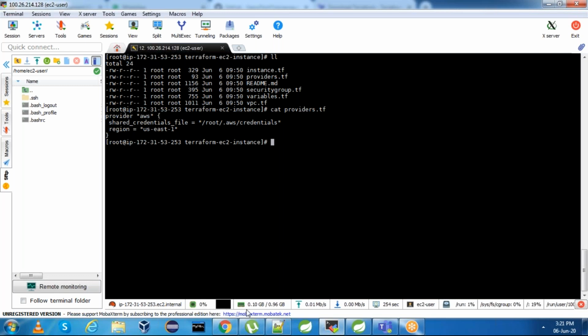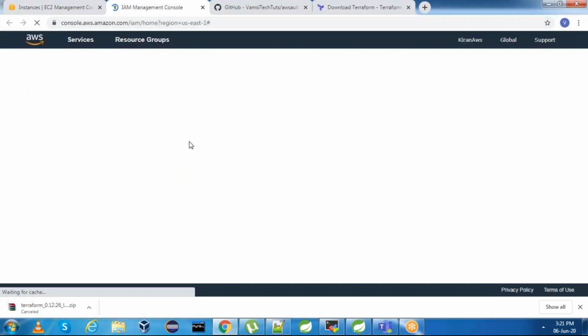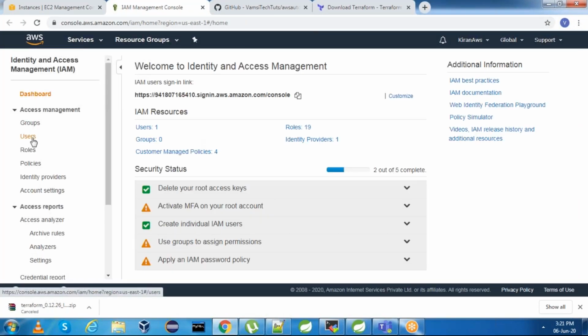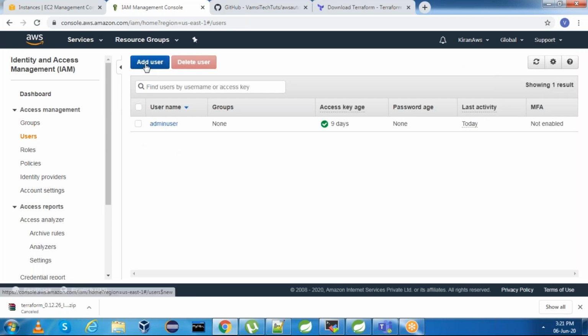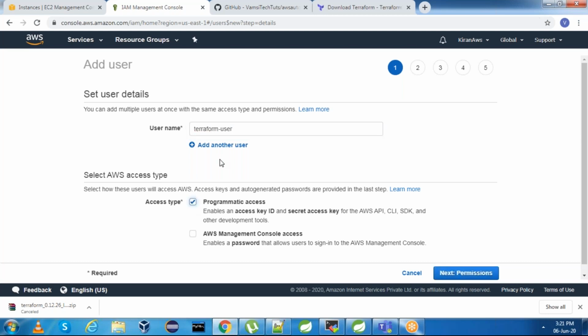Let me go and create an AWS IAM user. Go to IAM and say users, add user. I will name this user Terraform user, programmatic access.